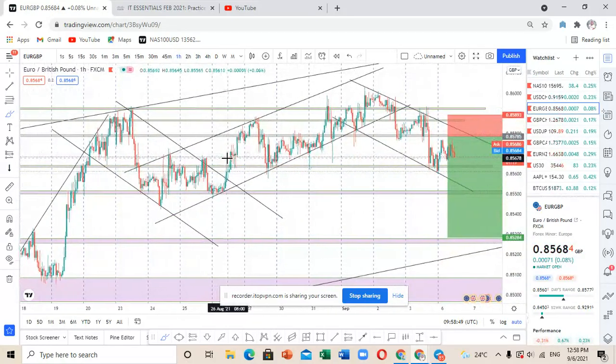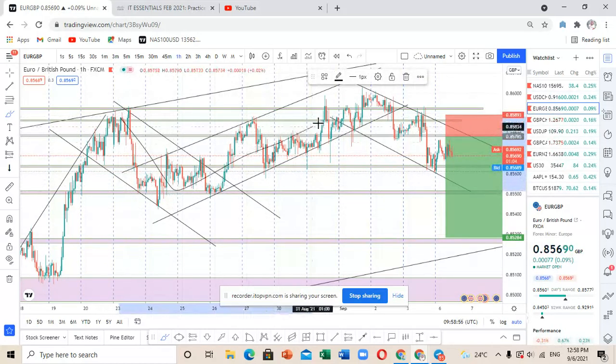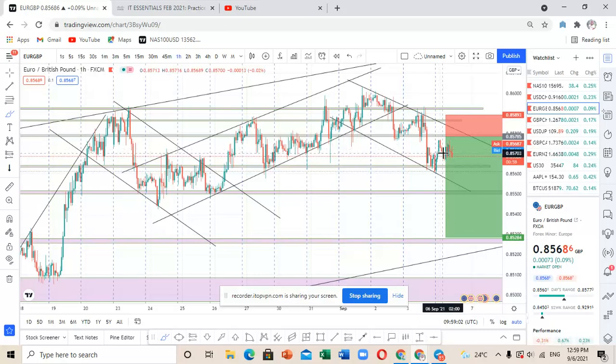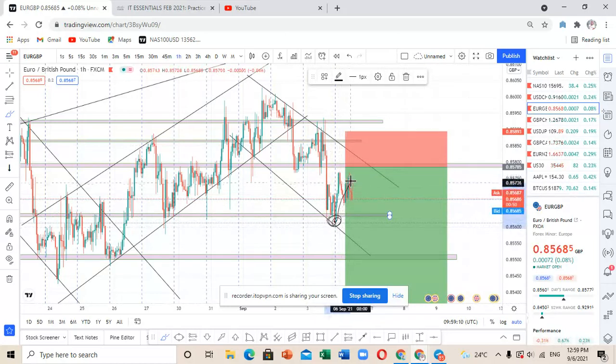Now in the hourly time frame, you can clearly see that we have had some beautiful patterns. You can see that this was a move toward the downside, but then we had a move toward the upside, and then we had another move towards the downside. You can see that the markets have already made a touch to this trend line that is here. So I'm expecting that the markets are going to rise above to come to these levels that are here, touch this point of resistance, and also touch this